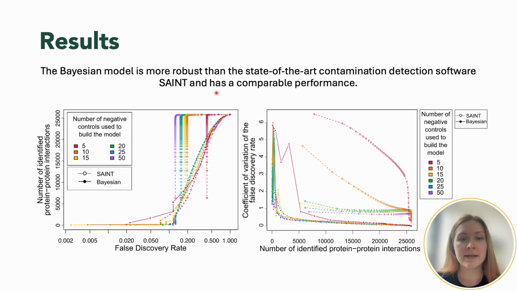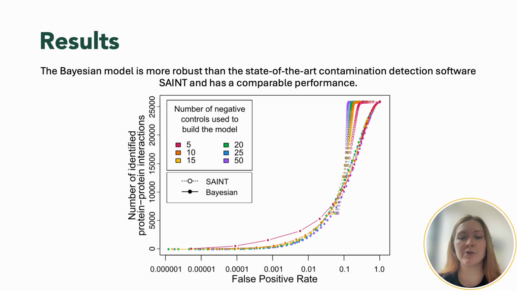And so what you may notice is that SAINT quickly hits a lower wall in the estimated false discovery rate, and it also has higher variation across replicates. So overall, this suggests that the false discovery rate is not well estimated with SAINT, and therefore not as informative for evaluating performance. And so we looked at a similar metric of false positive rate, which also reflects for us the proportions of false positive identifications. And here, both models identify a similar number of interactions at lower biologically relevant false positive rates. And additionally, the Bayesian models can achieve lower and more stringent false positive rates than SAINT.